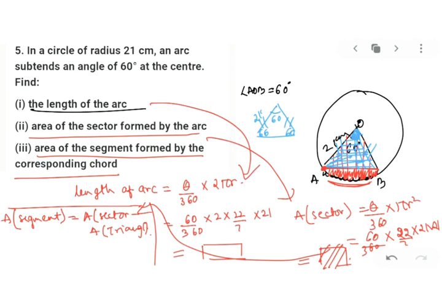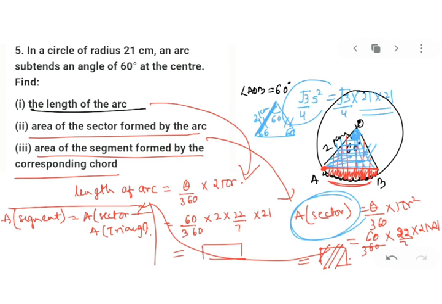And this is given as 21 centimeter. The side is given as 21 centimeter. For equilateral triangle area, you have formula root 3 upon 4 side square. So from there you will get root 3 upon 4 into 21 into 21. So that will be your area of triangle. Area of sector you have already found here, and area of triangle you will find from here. Both the things you will subtract, area of sector minus area of triangle.